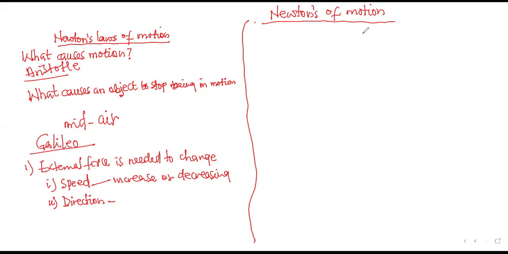Newton put together three main laws: Newton's first law of motion, second law of motion, and then the third law of motion. Newton's first law of motion says that